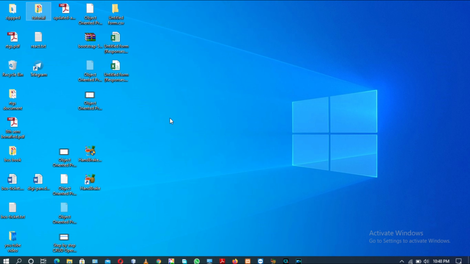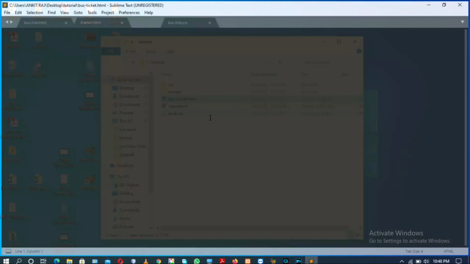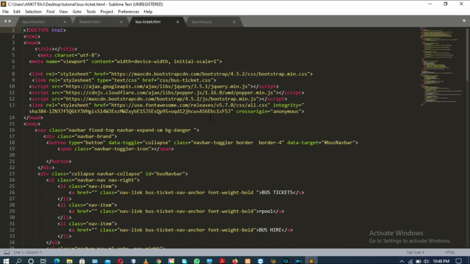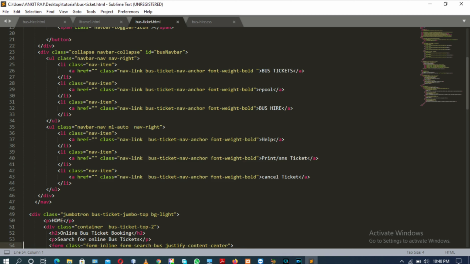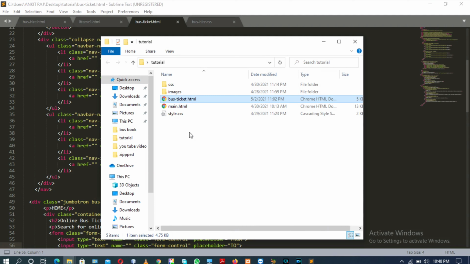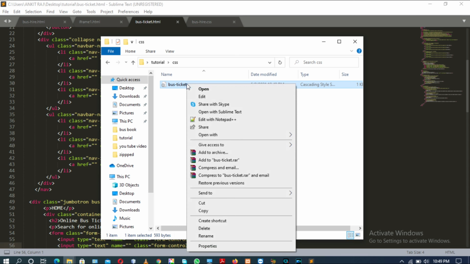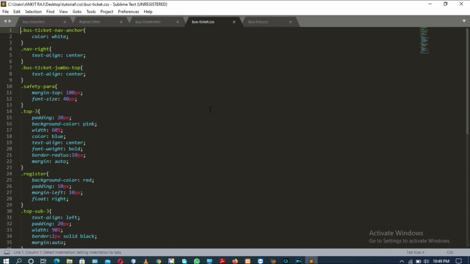I am opening my Sublime text editor containing the file busticket.html and busticket.css file. Okay, again let me open my busticket.css file so that I can work on both the pages simultaneously.